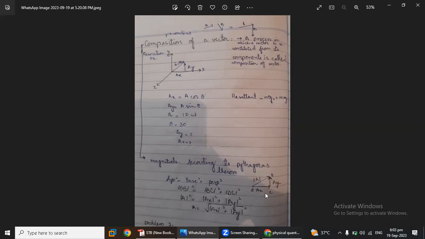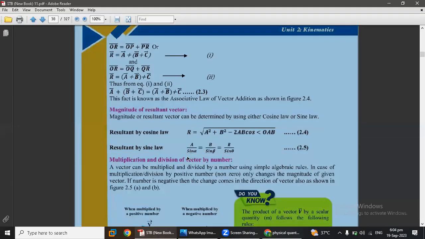तो इस तरह से हम ओबी को स्क्वायर में पुट कर देंगे, फिर बीसी स्क्वायर प्लस ओसी स्क्वायर। तो हम देख सकते हैं कि जो ओसी स्क्वायर है वो ए एक्स के इक्वल है, मैंने यहाँ पुट कर दिया, और बीसी जो है वो ए वाई के इक्वल है। तो एक्स स्क्वायर प्लस ए वाई स्क्वायर किसके इक्वल बनती है? ए स्क्वायर के। जब इसका स्क्वायर रूट लेंगे तो ए स्क्वायर प्लस वाई स्क्वायर बनेगी। जब भी हमें किसी भी चीज का मैग्नीट्यूड फाइंड करना होगा तो हमें पता चल गया है कि हम ये वाला फॉर्मूला यूज करेंगे। आई होप अंडरस्टैंड आ गई होगी।